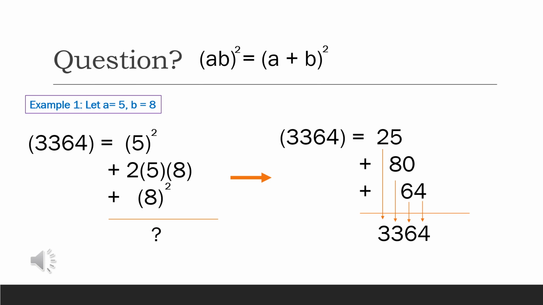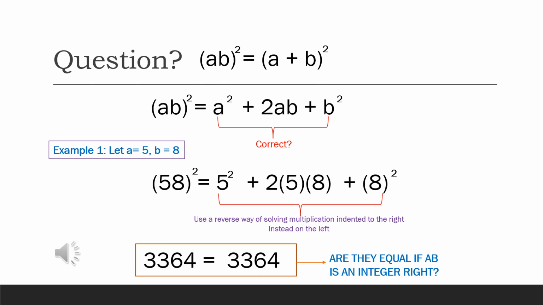You'll come up with 4, 0 plus 6 equal to 6, 5 plus 8 is equal to 13, plus 1 plus 2 is equal to 3. Then you'll come up with 3,364, which equals (AB) squared. So when you come up with the answer, it's equal, right? (AB) squared is equal to